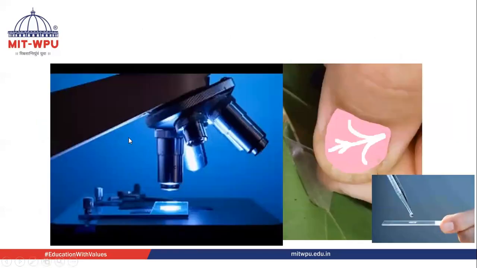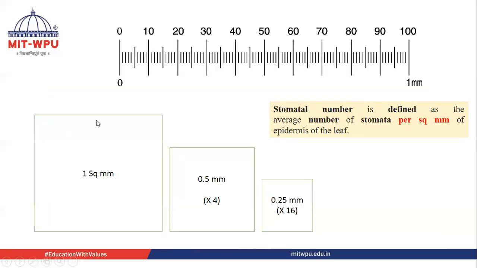And what about this remaining 3 portions? I have to multiply by 4, and then it will convert into 1 square mm. Sometimes I'm also not able to see the complete 0.5. I will go for half of it again, I will go for 0.25. So I will draw it like this. And if again I need to convert it into 1 square mm, I need to multiply it by 16. Then it will be converted to 1 square mm.